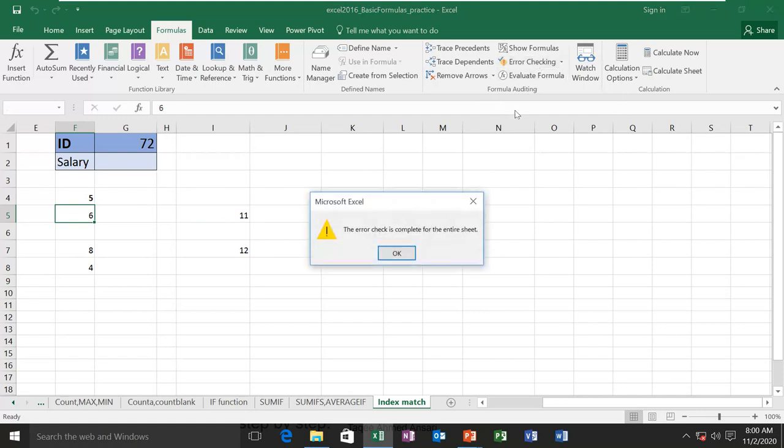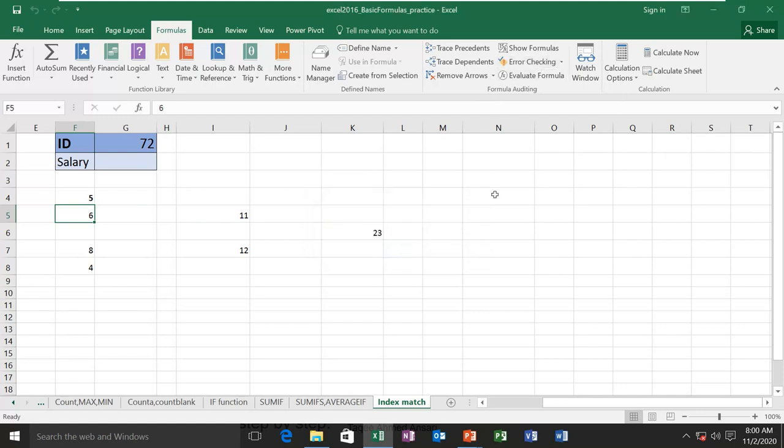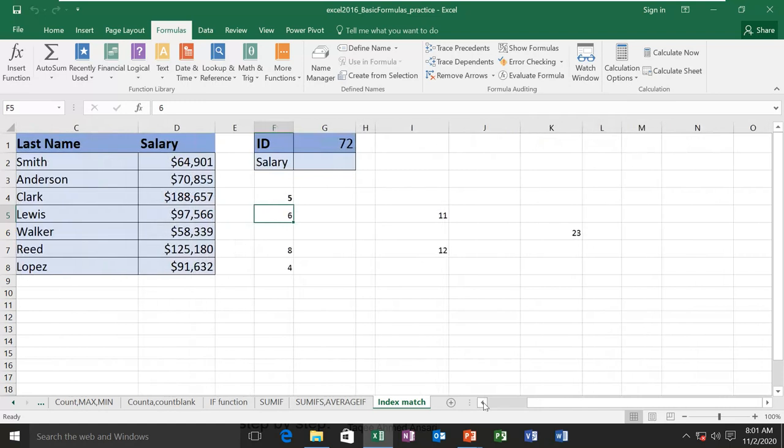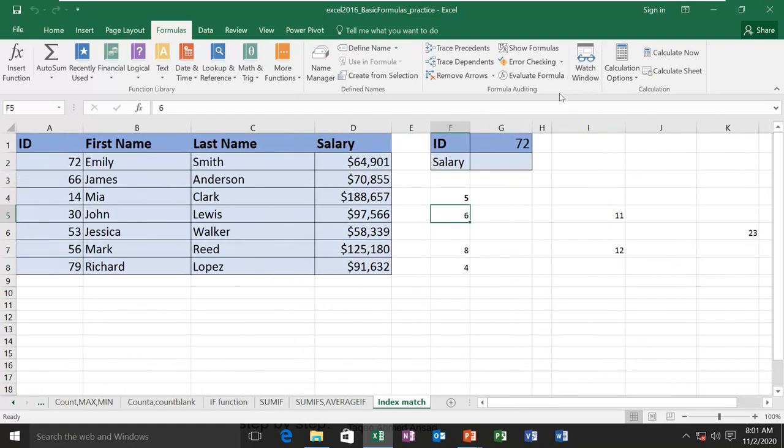And when I check, no error, then we have the option here to evaluate the formula. So if you have some complex formulas, you can use this formula evaluation. For example, I'll make a complex formula here.